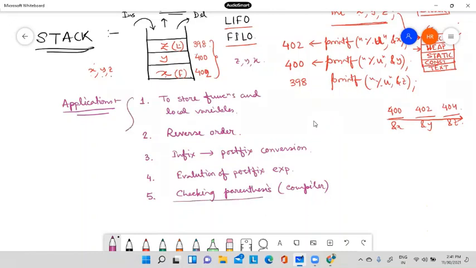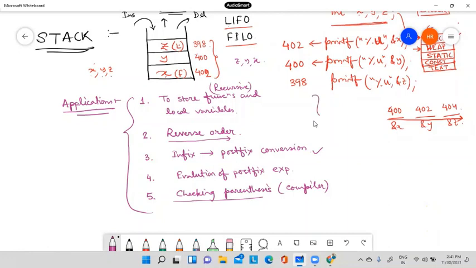So these are the different tasks where we can apply stack data structure: to store functions, whatever function it is, it may be a recursive one; to make anything in reverse order; to convert an infix to its postfix expression; evaluation of postfix expression; and checking parentheses.